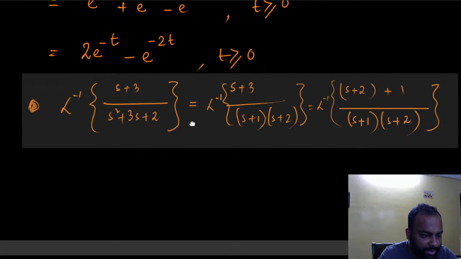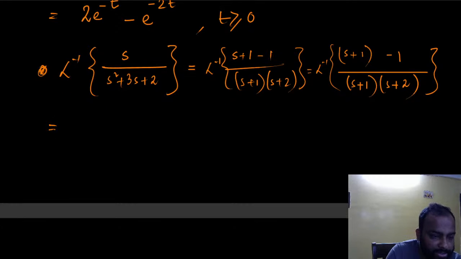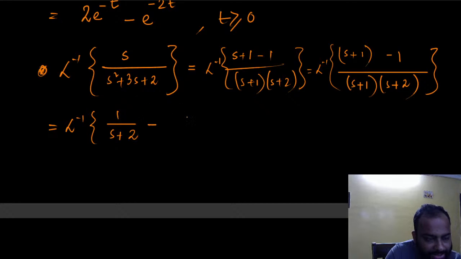And once you get the hang of it, you know that. So this is just S, right? And S can be written as S plus 2 minus... Rather, let's just say S plus 1 minus 1. So I'm going to say this is S plus 1 minus 1, right? So now I'm going to split this. So that's going to be Laplace inverse of 1 by S plus 2 and minus 1 by S plus 1,